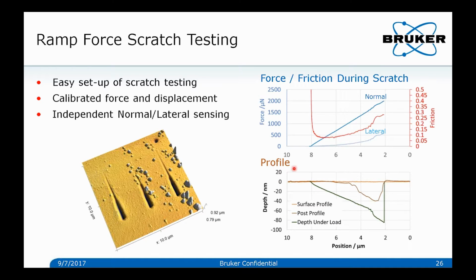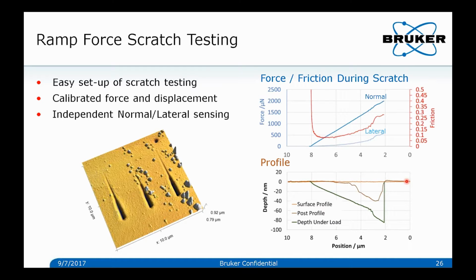So with the initial profiles, we can measure this initial topography of the sample. Then we can measure the topography under load. As we're applying the force up to 2 millinewtons of force, you can see the depth that we're going to. And then you have the post profile, which is the final residual imprint that you've left in the surface